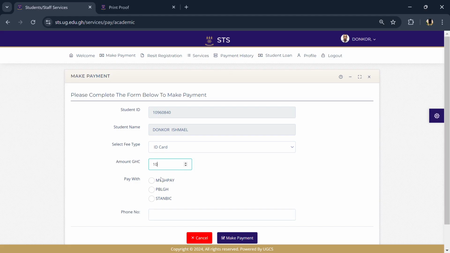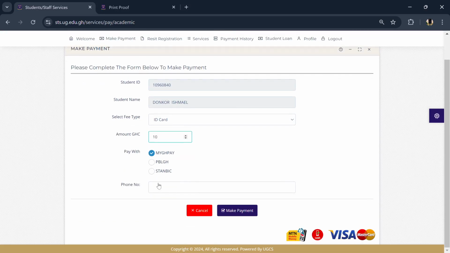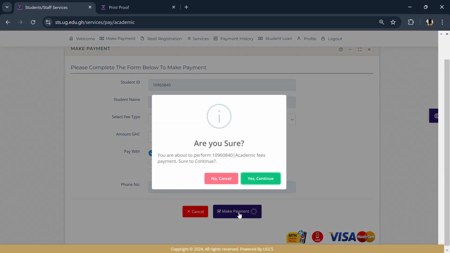I want to pay 10 Ghana cedis. For the pay experience, always select My Ghana Pay. Then beneath it, at phone number, you just key in your telephone number. Then you tap on what? Make payments. Here a pop-up will come, giving you the opportunity to confirm whether your ID is correct,